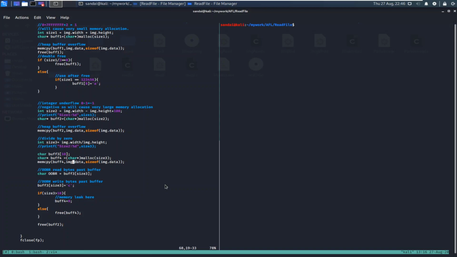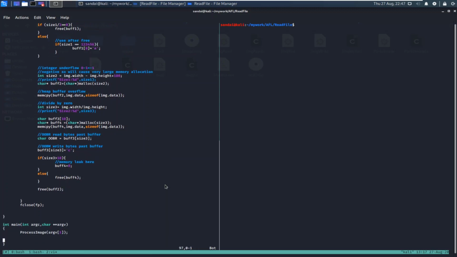Since we are doing it one time, but in many vulnerable cases, this thing happens inside a loop, or maybe multiple times with a very large value. So your program actually ends up allocating a lot of memory which doesn't get freed, and it may cause various issues, like your system becoming very slow and unnecessary memory being used by your program. This is a very common issue which most programmers face, and so I wanted to cover it. So let's go and compile our program and see what kind of issues we get.